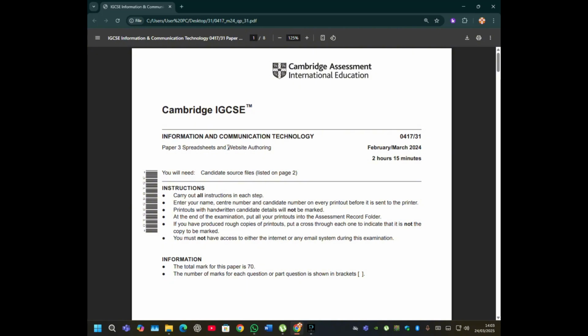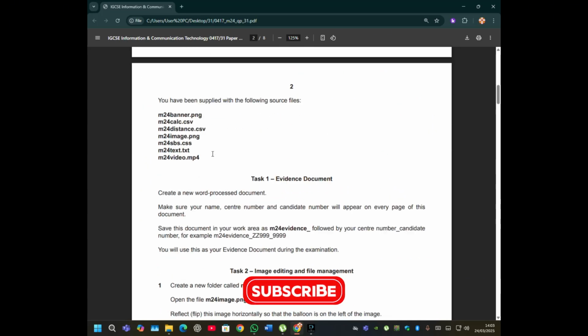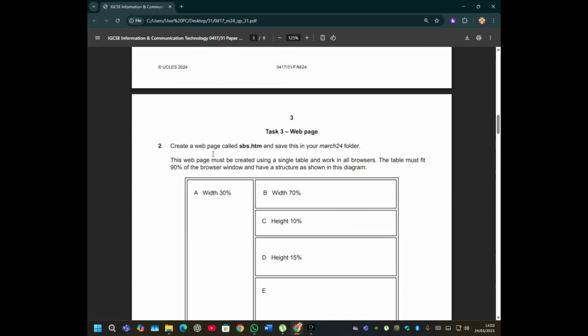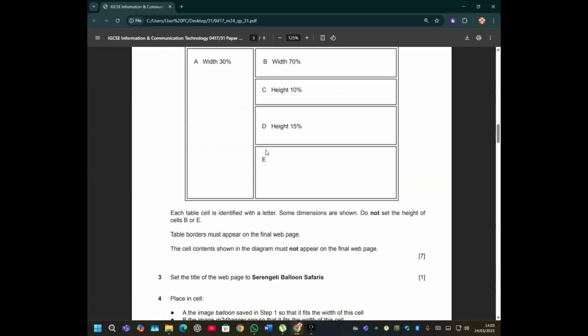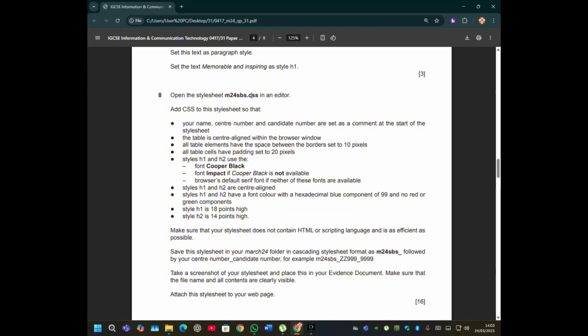In today's video, I'll try and tackle part of the website authoring, and if possible also spreadsheet, but if I'm unable to finish both, I'll create another video for it. The most important part that I want to start with is the HTML. I'll skip this one for now and go to the CSS. So the CSS is the one that is here. They're telling me to open the style sheet